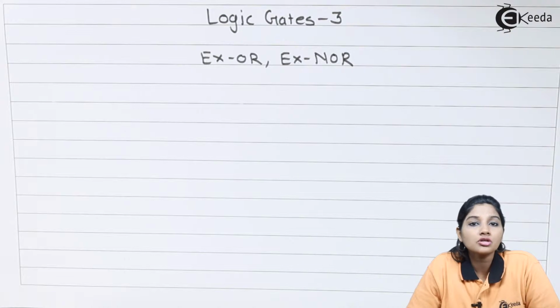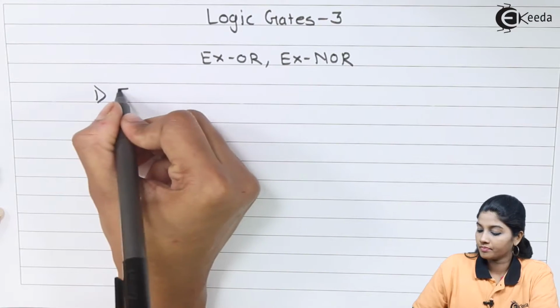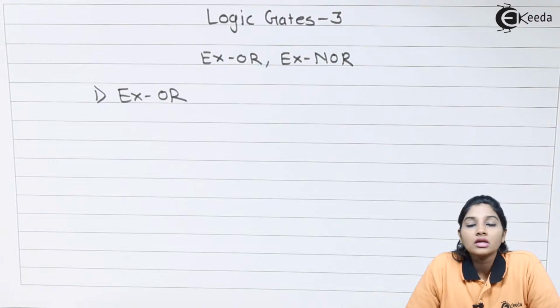Now there are two special types of gates, or we can say there are two hybrid gates, which are nothing but the XOR and XNOR. Now let's see what is the XOR gate. The XOR gate is nothing but the exclusive OR gate. The logical symbol of XOR gate is given by